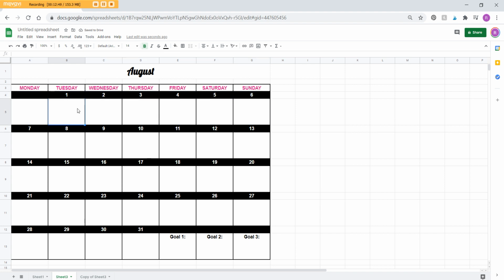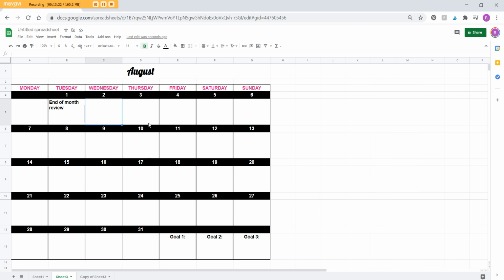If you want to type in any text, just go, maybe here you do your end of month review for the previous month. Sometimes you will have text that goes over the top of boxes like that. So make sure you choose, there's a wrap text function, and you want to pick this one here, which means it'll push it down to the next line. And then again, I like to have mine left aligned and then aligned to the top. I don't know what it is about Google Sheets, but it wants to align it to the bottom. And I much prefer when it aligns it to the top, because then I would still have space here to